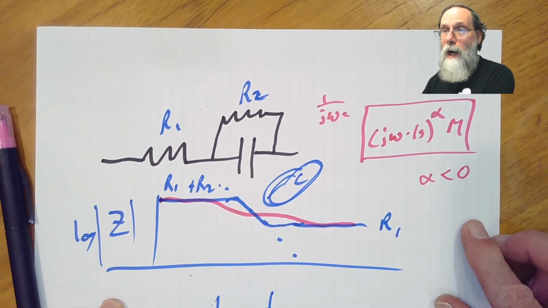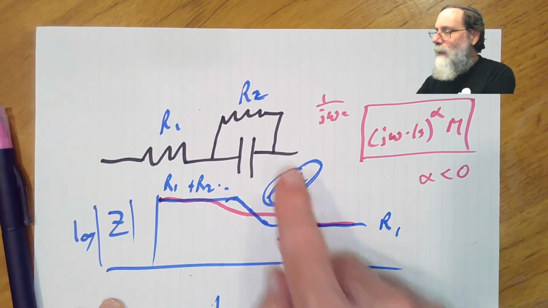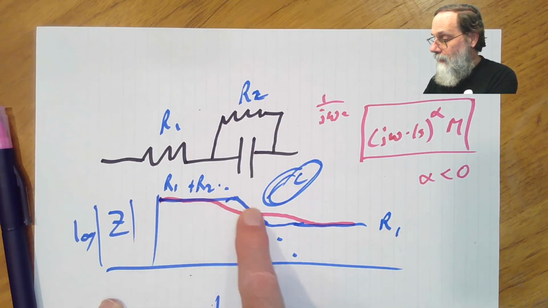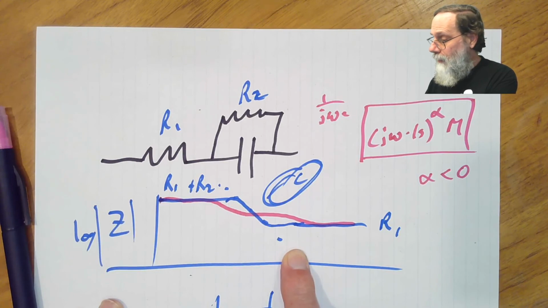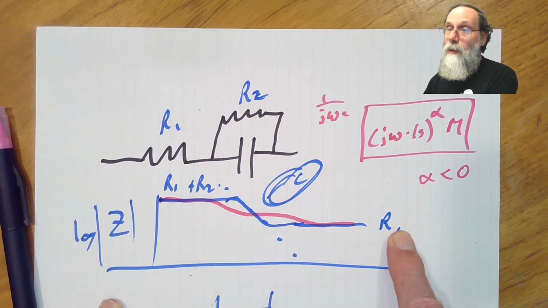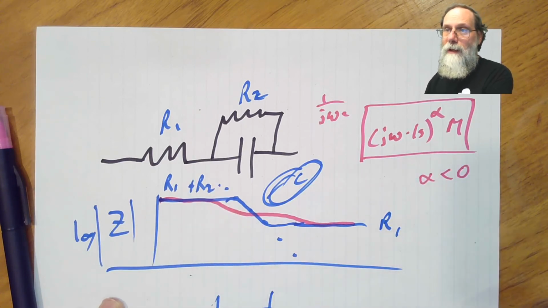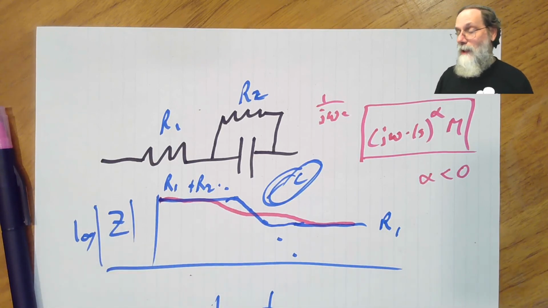So don't try to include in your model things for which you can't estimate the parameters. Similarly, if this R1 only occurs at very high frequencies and you don't see it, you only see a dropping line, well then you can't estimate R1. You might as well assume it's 0. And then you would end up with just R2 and C, or capacitor-like thing. Similarly, if you just see a constant horizontal line across your entire frequency range, just model it as a resistor. You haven't got any capacitor-like behavior. You don't need to model capacitor-like behavior if it isn't there.